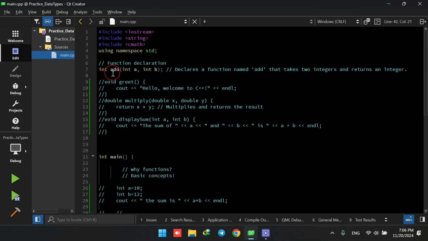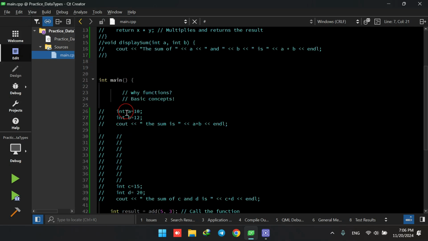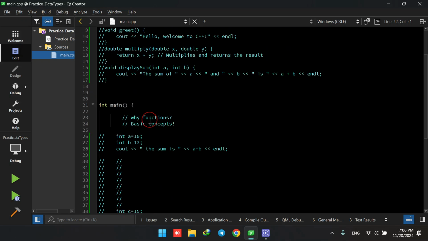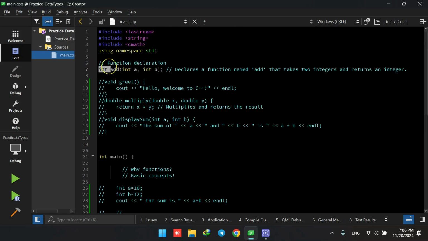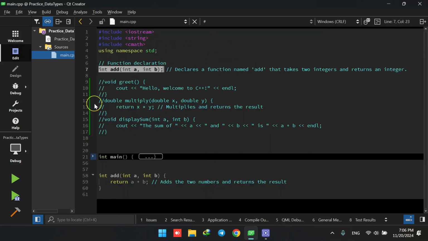Because initially, prior to this main function, we have declared the function. So we must declare it before the int main. So when we call it within the int main, it recognizes it and does not return an error. However, this function is just declared here. In order to know what this function does,